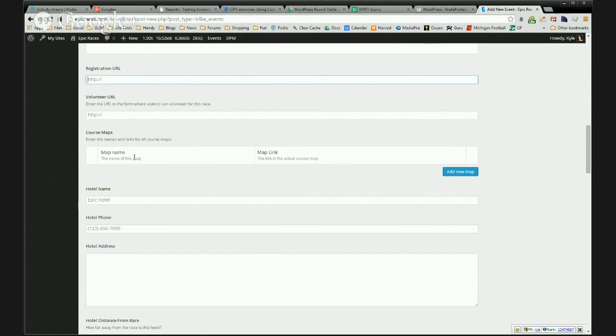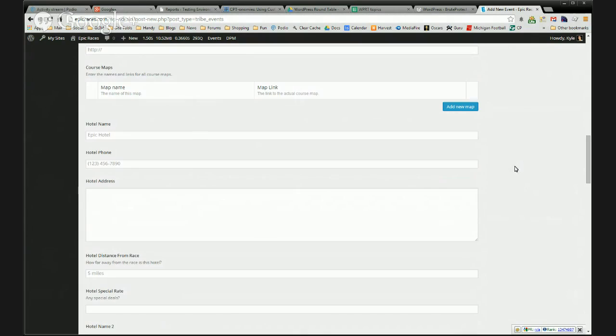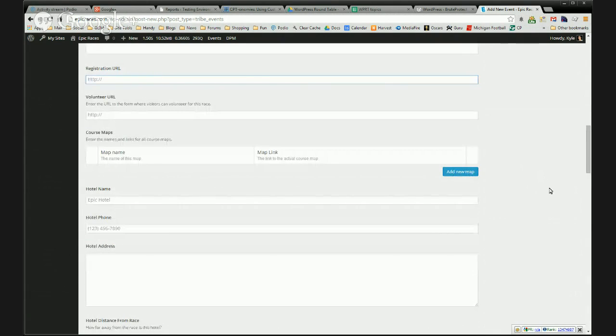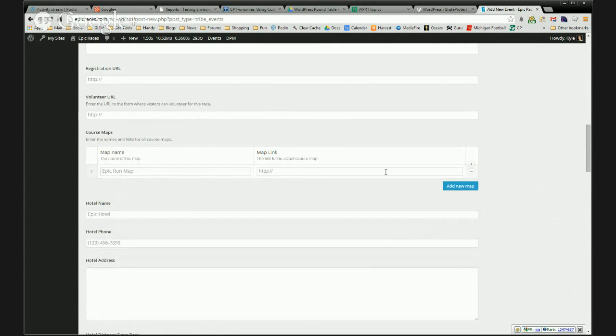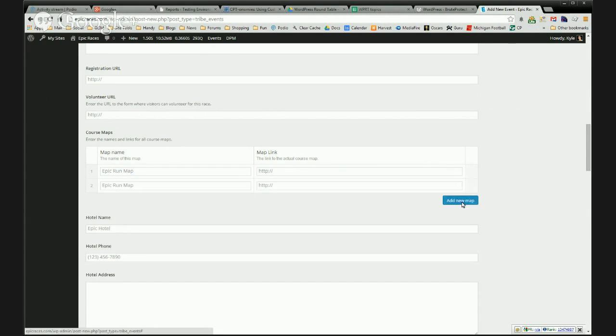So the repeater field is really, really cool. I don't even know how I would make this otherwise without ACF. The client said we're going to add these maps, and there's going to be a different number for every race, for the different courses at a race. So I just use a repeater field that allows me to not worry about the number that there's going to be. Otherwise I would be telling her, okay, how many is it going to be? Because I'm going to have to make 10 custom fields, and you only use some of them or something like that. But with a repeater field, it doesn't matter how many there are, because you can just keep hitting this button